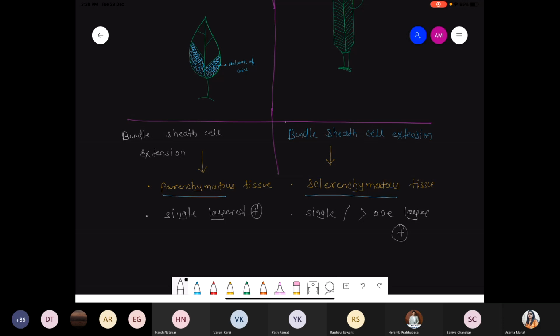Another important question coming from the monocot leaf is the bulliform cell, and in 2019 there was one question with respect to bulliform cells. Those parts we'll discuss in the next class. Okay, and from next we start with secondary growth. Please don't miss the class on secondary growth, because it totally depends on each other. If you miss one class, you can never compare those points with the second and third class. From the next class we start with secondary growth, where we discuss detailed information about the lateral meristem: intrafascicular cambium, interfascicular cambium, vascular cambium, ring cambium, everything in case of dicot.